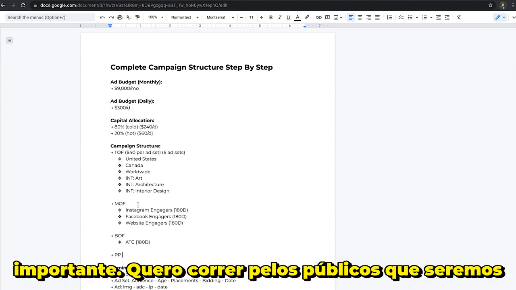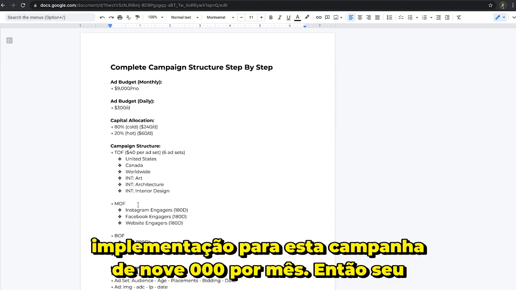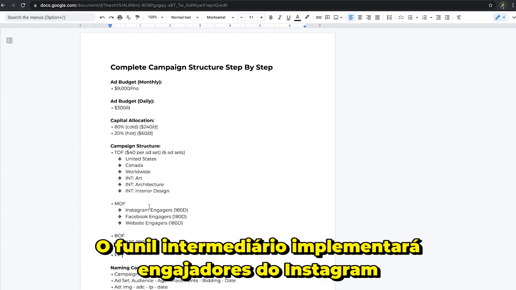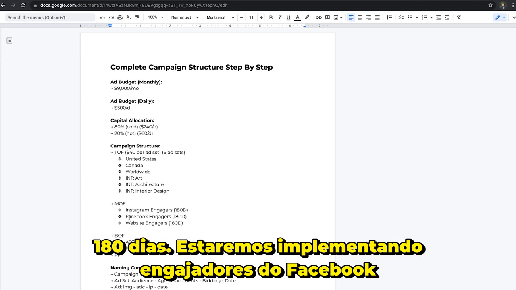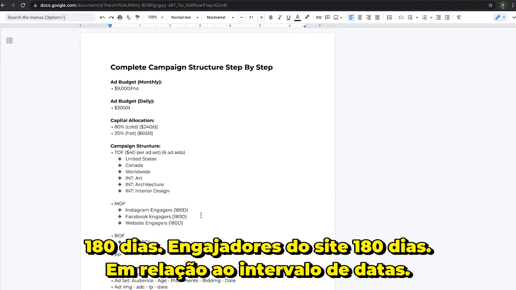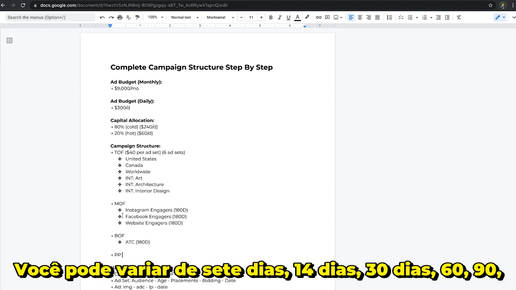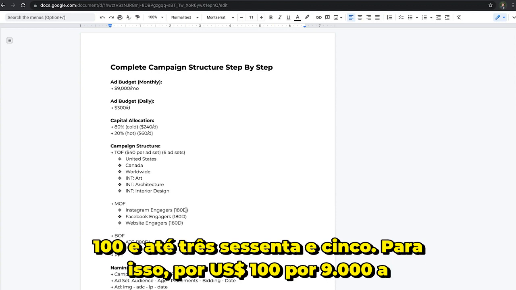I want to run by the audiences that we will be implementing for this $9,000 a month campaign. So for your middle funnel, we will be implementing Instagram engagers 180 days. We will be implementing Facebook engagers 180 days, website engagers 180 days. In regards to date range, you can range it from 7 days, 14 days, 30 days, 60, 90, 100, and even 365.